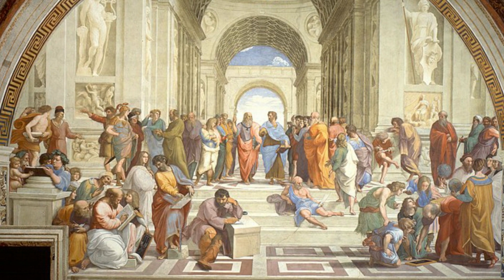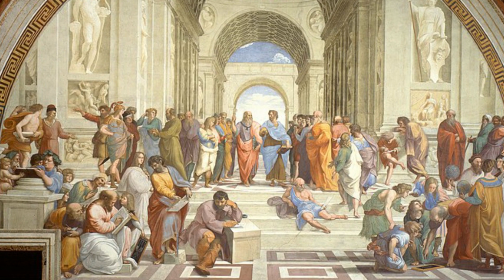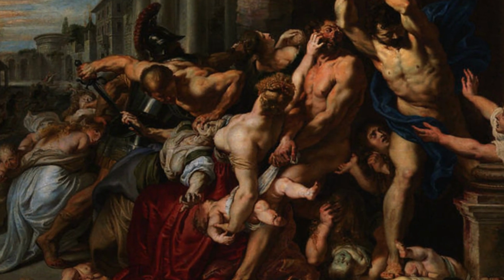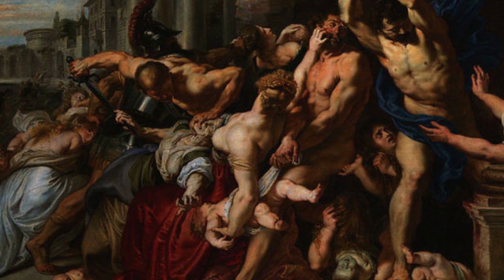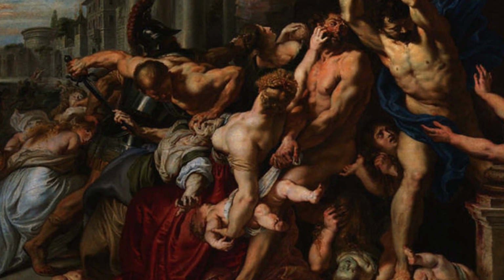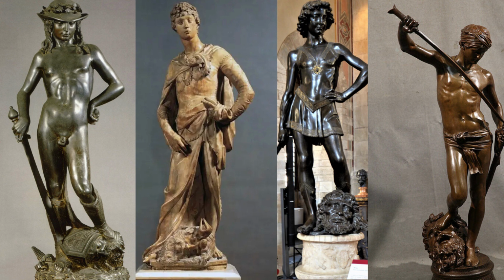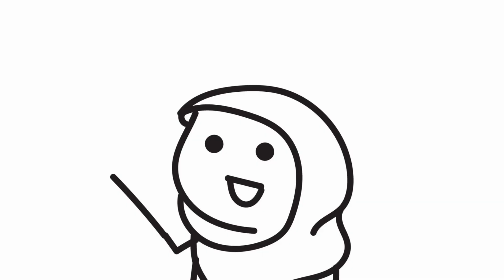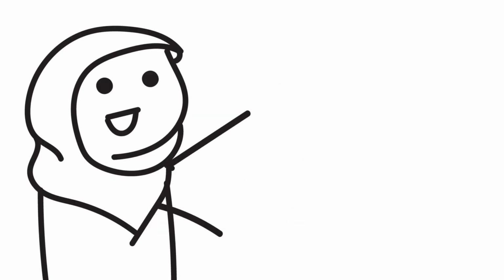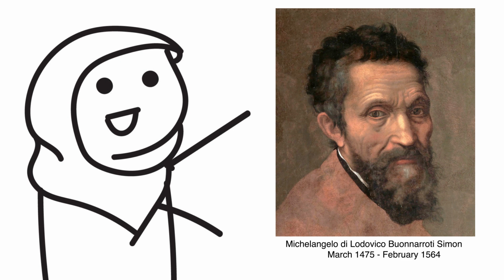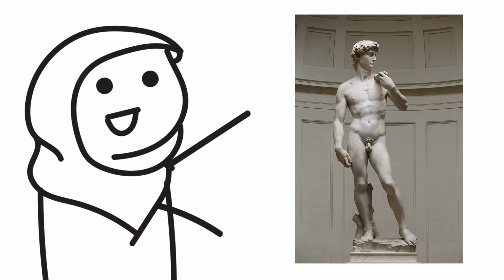You see, throughout the Italian Renaissance, which spanned the 15th and 16th centuries, and the Baroque period, which spanned the 17th and 18th centuries, there have been numerous David and Goliath depictions in art, as you saw at the beginning of the video, with many of them displaying the same scene of David's victory over Goliath. Until a certain sculptor decided to break away from the redundant depictions of David and created a new way of seeing him. The man in question is none other than Michelangelo Buonarroti, who sculpted the famous statue, Michelangelo David.